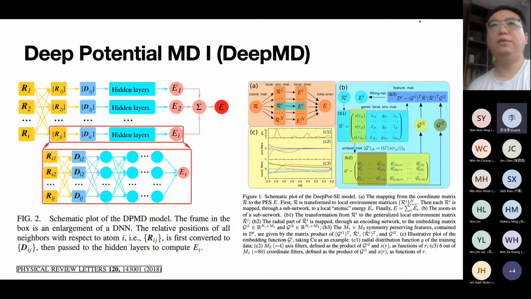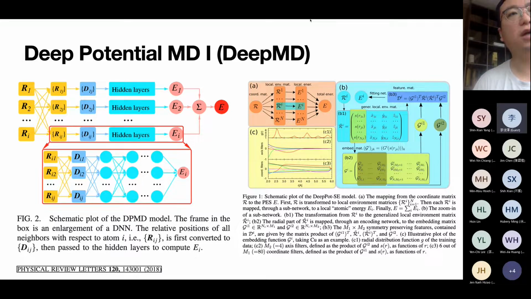Okay, so another very successful application of another very successful model of this deep tensor neural network is this deep potential MD, or what we call deep MD, which is by a Princeton Berkeley group, which won the ACM Gordon Bell Prize. So what they do here is again quite similar. If you look at the left diagram, figure 2, what it shows is that we again have